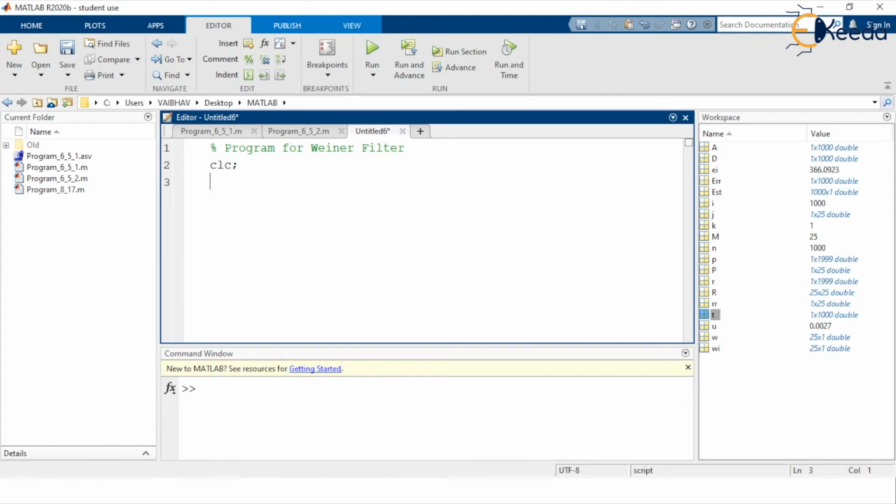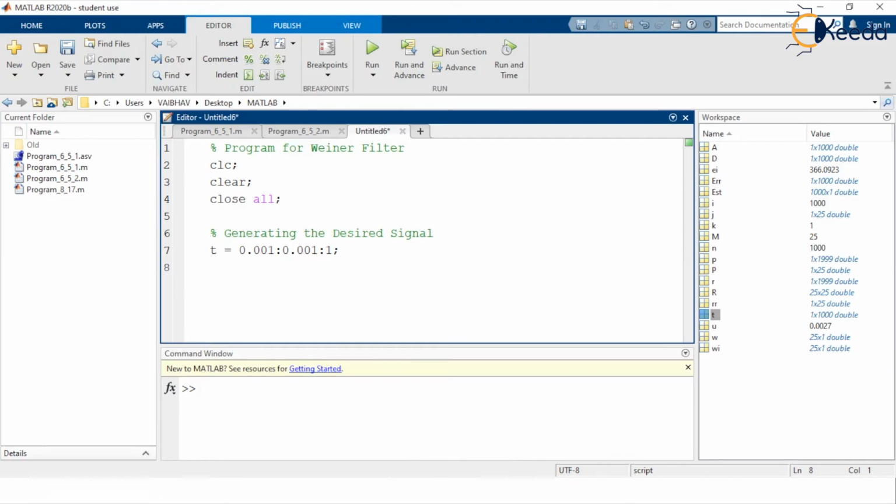So after clear screen, clearing the variables from the previous programming and closing the unnecessary windows of MATLAB, here we again require a desired signal. So I just write: generating the desired signal. We first of all define the time variable to start at 0.001, extending with the step size of again 0.001 up to the value 1 here.